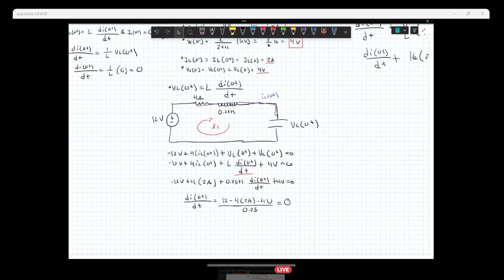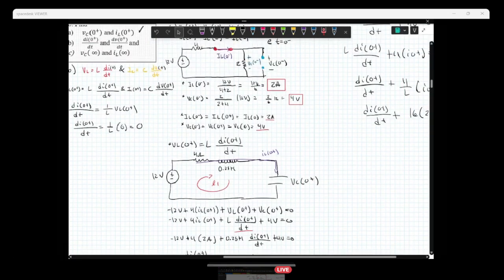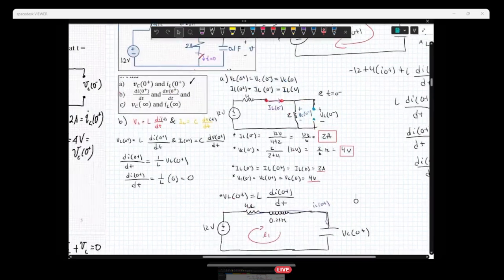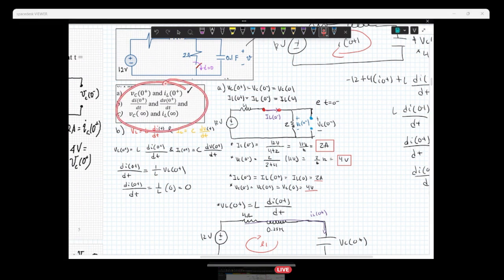It's weird, but basically this is what I did. These are the variables I solved for. We both solved for them together. Okay, and then the question asked me to solve for this, and it's important because you need all these for second order. So you need all these variables. We solved for the first one, now we're solving for the second one. For the second one, you're going to have to use some sort of KVL or KCL